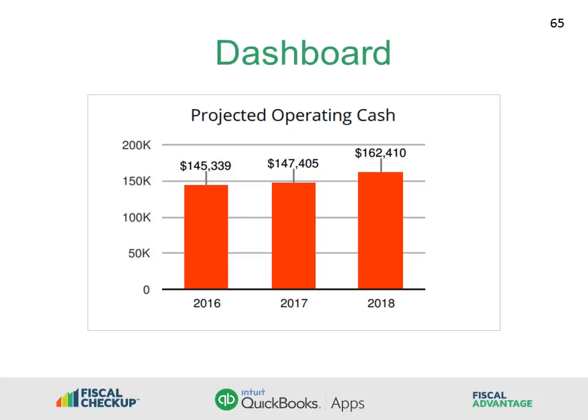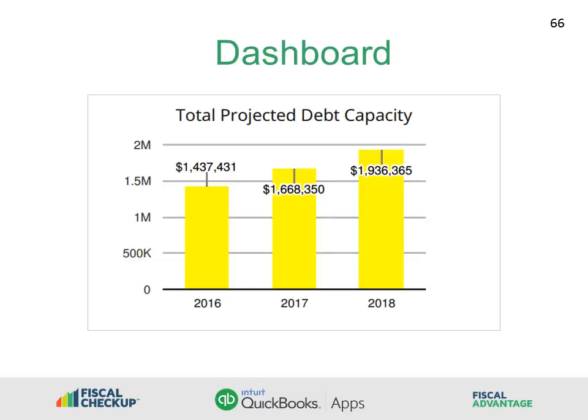These forward-looking estimates are taken from the forecasted statement that we saw earlier. If the forecasted assumptions were changed, this chart will include those changes. This correlates to the 3-year projections in the executive summary. The projected debt capacity shows the total borrowing capacity of the company for the next 3 years. These amounts are detailed in the projection table earlier in this executive summary, and they're also covered in the lender's